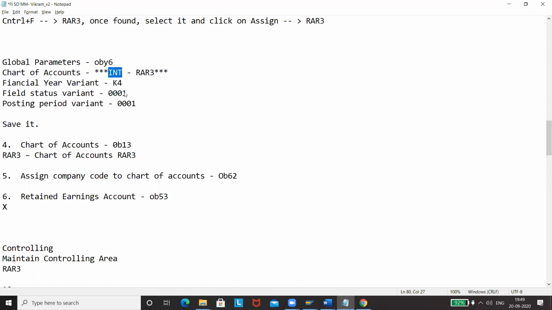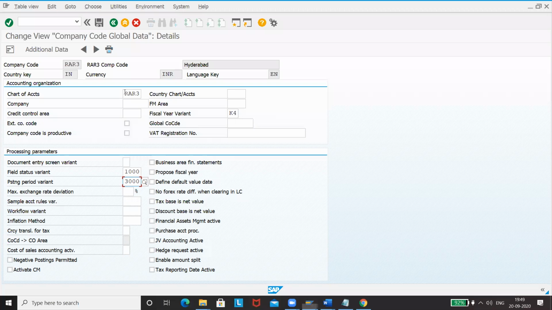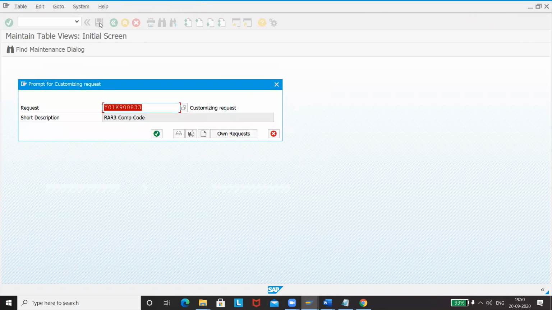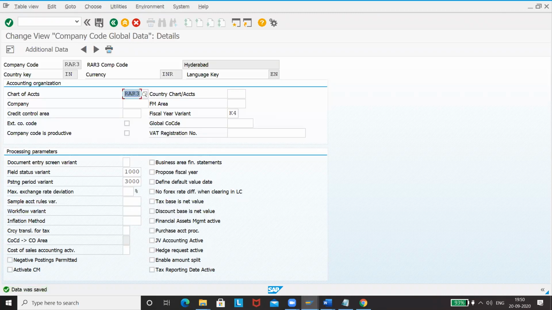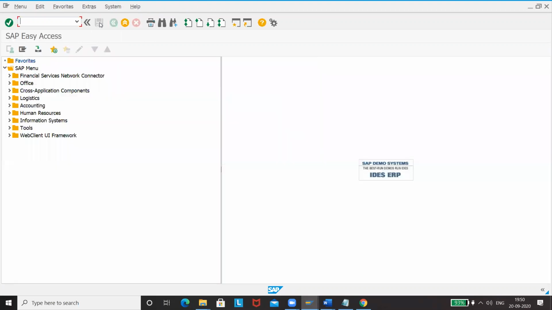But the thing is, in this system we don't have INT as a chart of account, and so we've gone ahead with 1000 and 3000, which are the most useful for a new chart of account, something like RAR3. So I'm going ahead with that. I'm saving it now. So it has taken. It means this is also done.